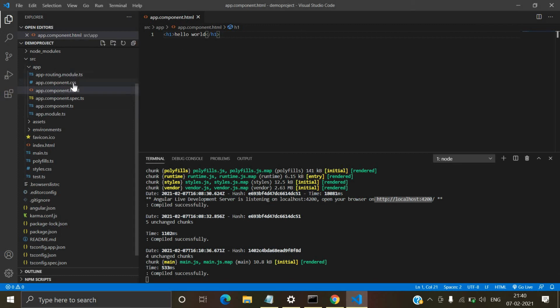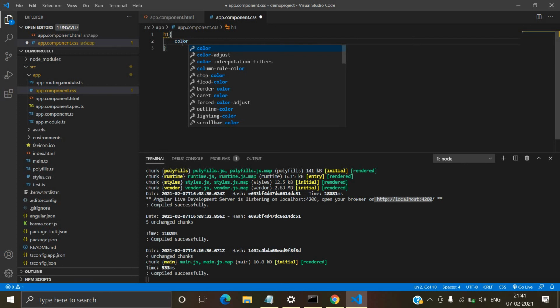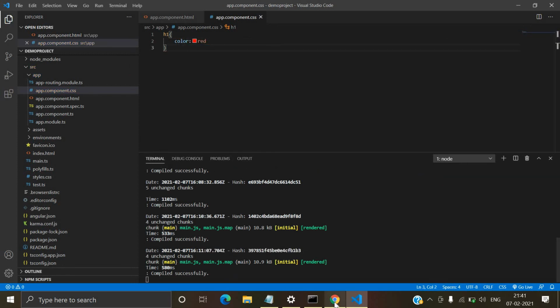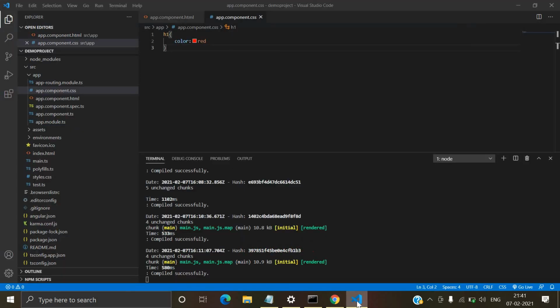Second thing here, if you want to use any CSS styles in this project, then you can use any CSS properties. Let's say we will go inside a CSS file and write a property like, let's say, color, right? I took the color and saved it. So here we can see the color changed. So this is the basic way it works.